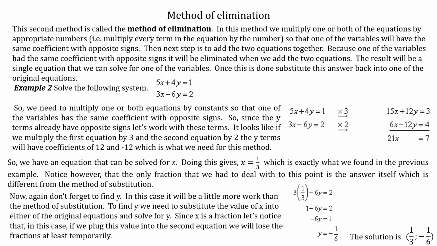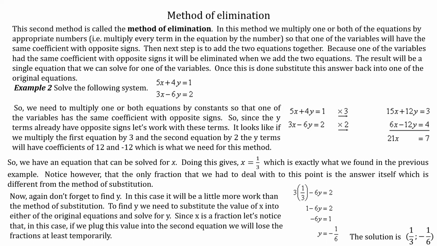Because one of the variables had the same coefficient with opposite signs, it will be eliminated when we add the two equations. The result will be a single equation that we can solve for one of the variables. Once this is done, substitute this answer back into one of the original equations. So, for example,